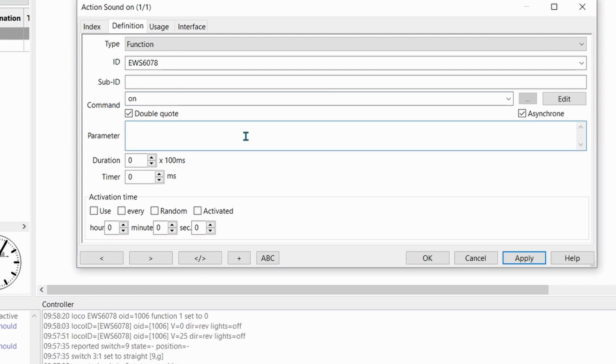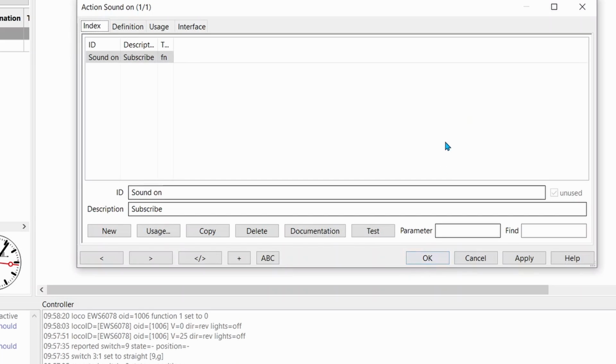In the parameter field, the function to switch on sound on this layout is F1. So what we do is drop the F and we put in 1. The duration and the timer we shall leave blank, and the activation time we shall leave blank as well. So apply that. OK.